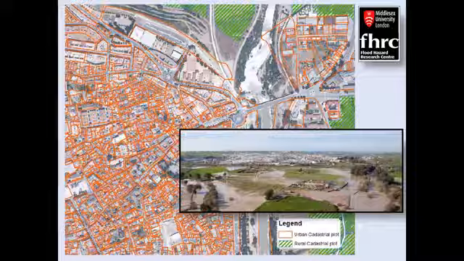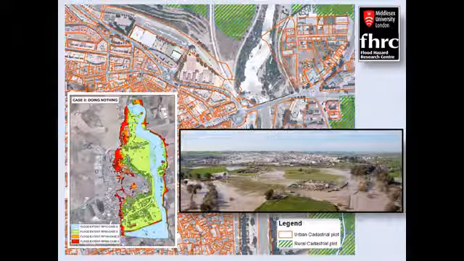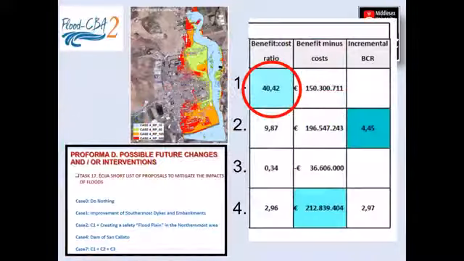A map here with the cadastres, but also the photograph showing the town from the opposite bank. Here we have a map of the floodplain as modelled by Rediam, showing the extent of the 50 and the 100 and the larger flood events up to the 500-year event. In terms of benefit cost analysis, which is after all what Flood-CBA 2 is all about, option 1 has a very favourable benefit cost ratio of 14.4 and a cost of